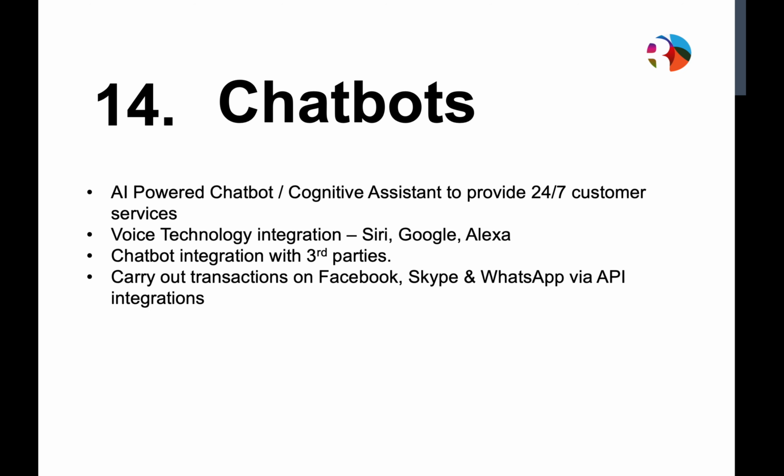Okay, number 14, chatbots. Now, chatbots are quite interesting. When you think about credit unions, you realize that all of the phone calls you get are usually about very similar requests. Information about your loans, repayment rates, etc. Information about how to become a member. Information about how to set up a savings account. Or what's my account balance? All of those things you could actually achieve by integrating a smart chatbot or cognitive assistant into